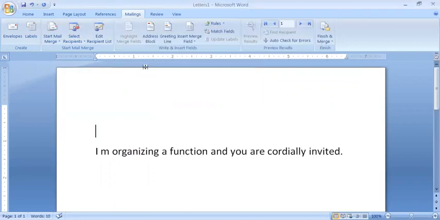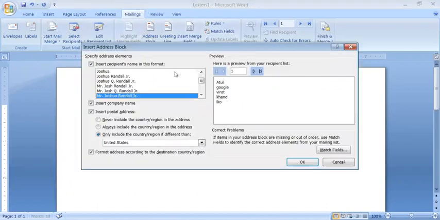Now the address block, the greeting lines, now all these options, how are we adding them? Now starting with the address block. So this is the address block. When you are selecting like this, you can select like this also. And now click on the OK tab. Here so many options are available.